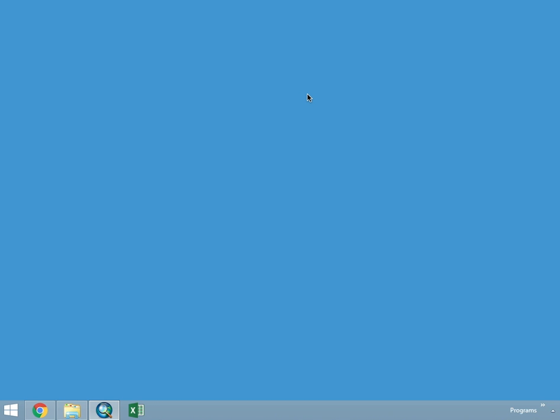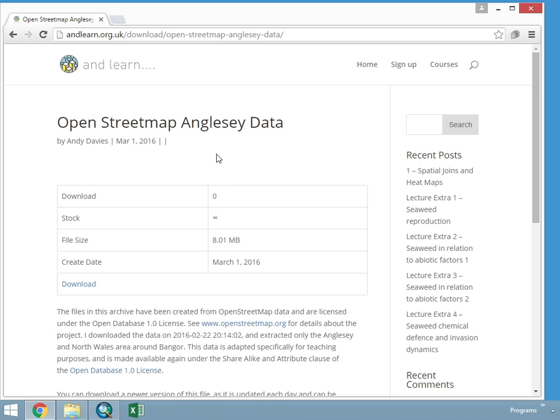Hello and welcome to this tutorial in which we're going to go through vector data and how to add it into ArcMap and how to do some basic manipulation of data by moving about, zooming in and out, and so on. So the first thing you need to do is download the project data from the website here, andlearn.org.uk,